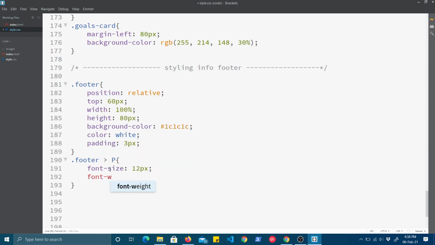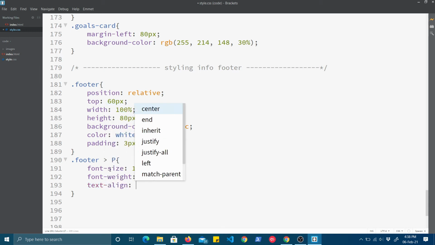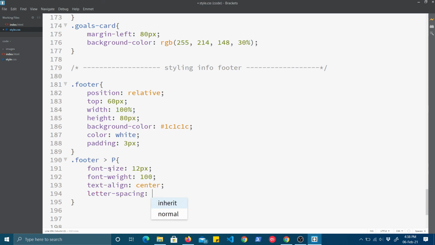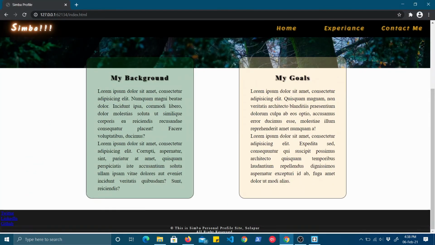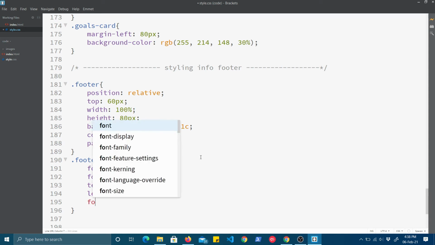Font weight must be also very less, 100 only. And text align, we will have center, and also the letter spacing we will give 2 pixel, so that they will appear proper, as you can see over here, right? And then font family we will change to